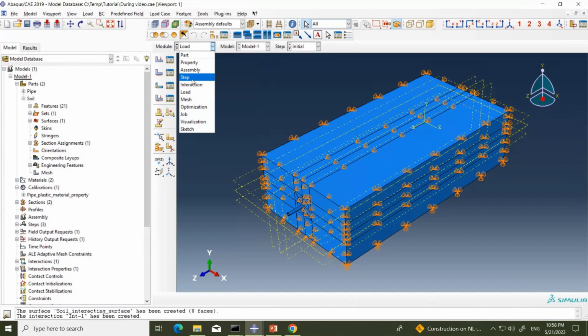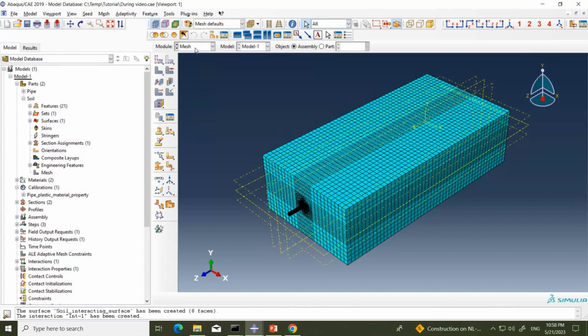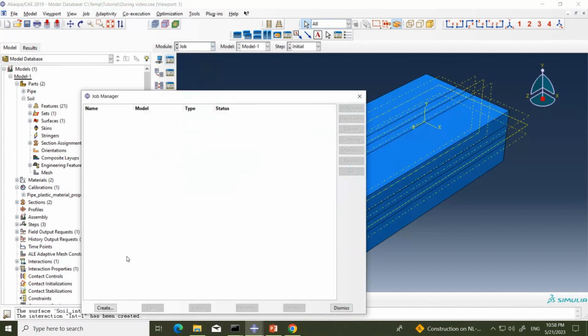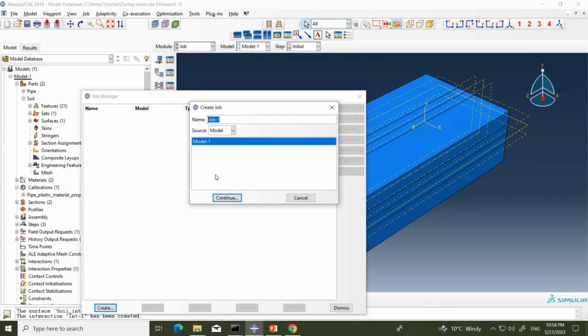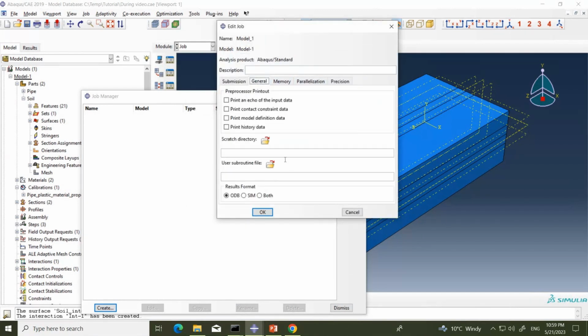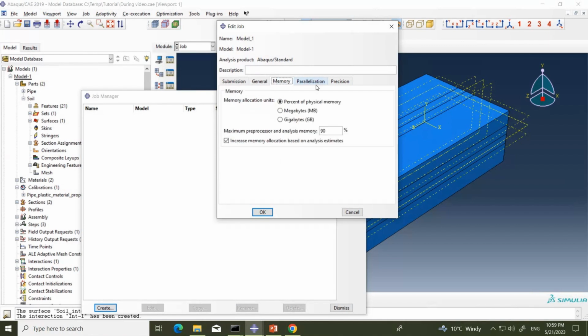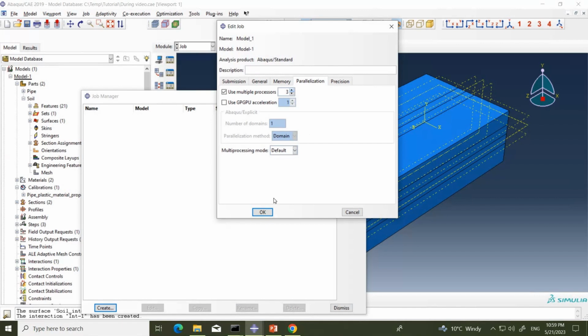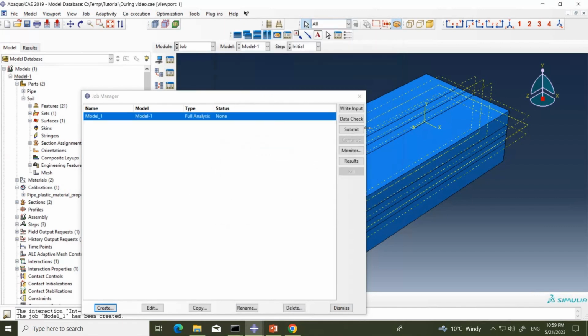I have created steps, interaction is okay, load is fine, mesh is fine, everything looks good. Now I have to go to jobs and create. I will call it model 1. Continue. I have no subroutines for this problem, so I need not import anything here, and I will use multiple processors. But before submitting to run, I will check my data. So click data check